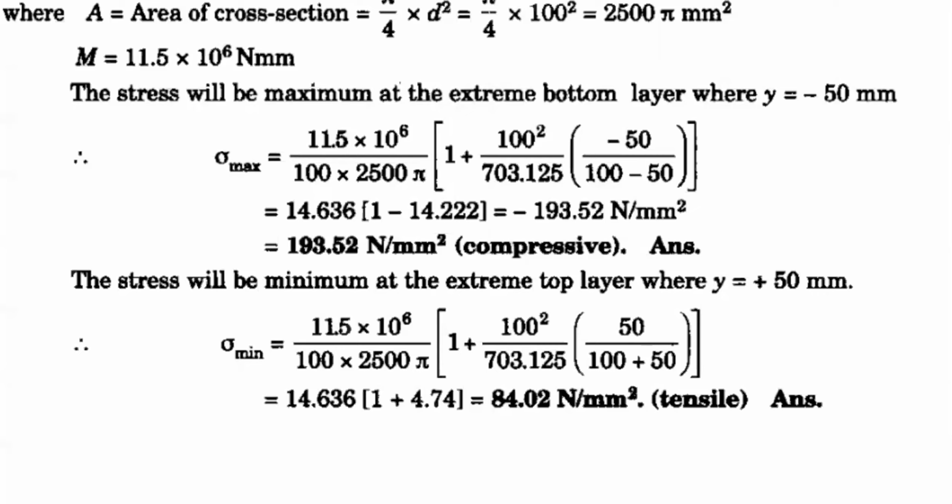So these are the basic steps I already explained. It is a very, very easy problem. Is there any difficulty for you in solving this problem? Compare it with your last class and your previous problem. I hope you gained the knowledge. Only 3 steps are required. One is the position of the neutral axis, second is the h-square value, third is the maximum stress and minimum stress. The formula is the same, only the y values may vary, right?